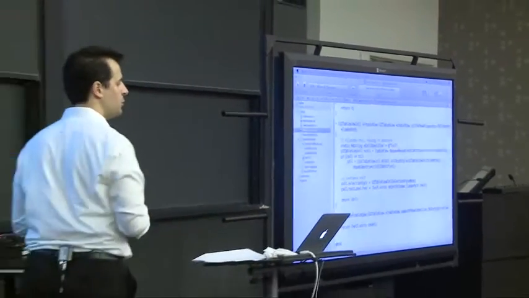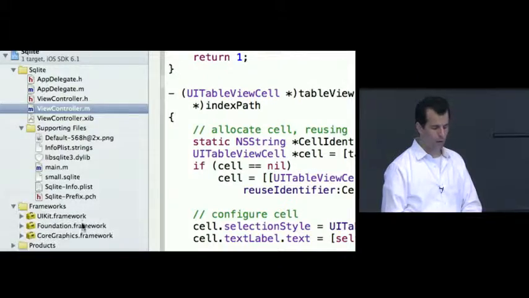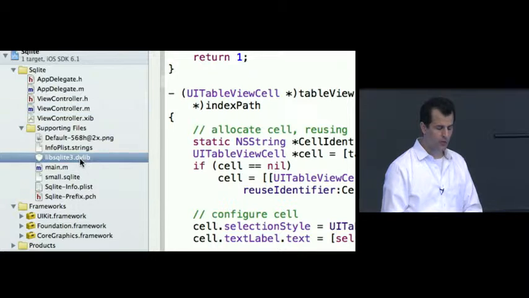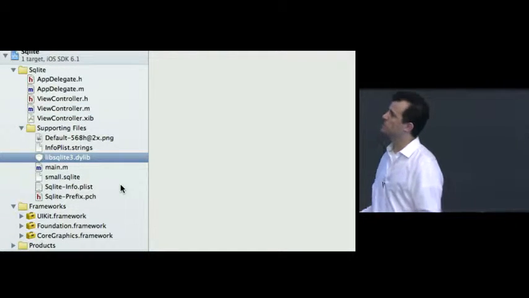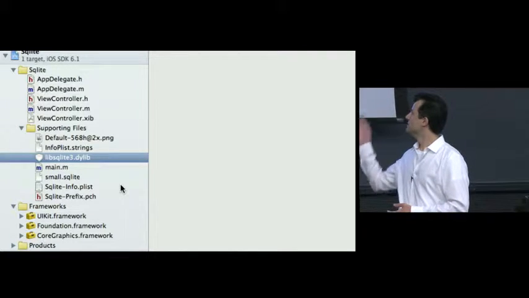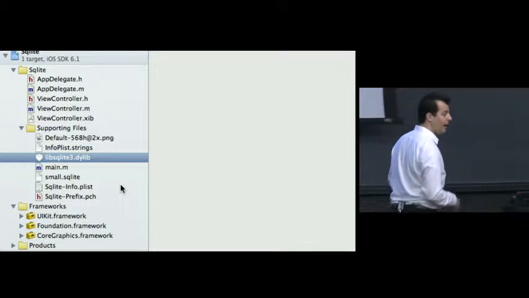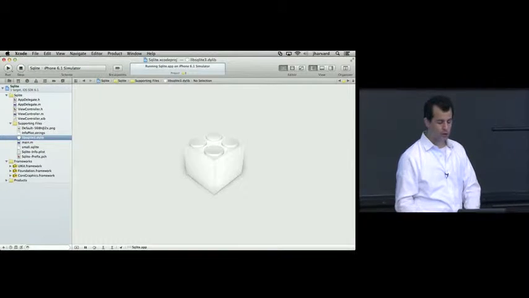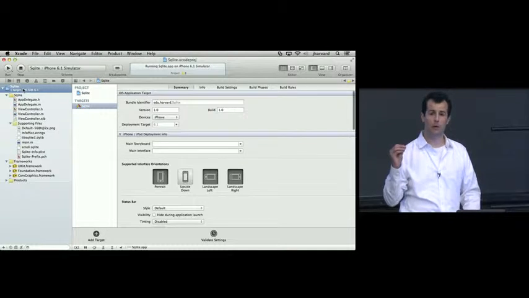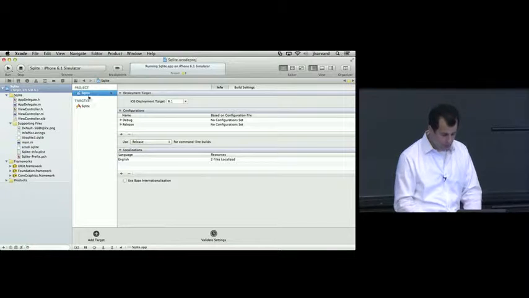But there's one thing I had to do behind the scenes. Recall that for quite some time under frameworks, we've had just UIKit.framework, Foundation.framework, and CoreGraphics.framework, which we finally started using tonight. Notice that in supporting files, there's something similar in spirit, but it's a C library. So it's called a dynamic library, sqlite3.dylib. This is a file that I did not drag and drop into my project per se. Rather, in order to use this library, and potentially any number of other libraries that Apple provides, I went into my